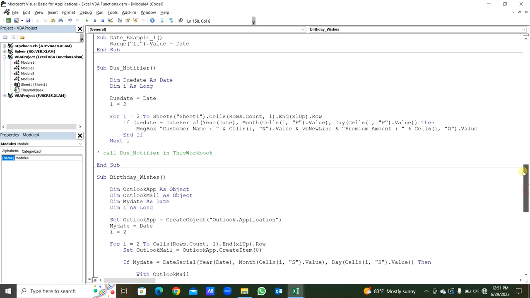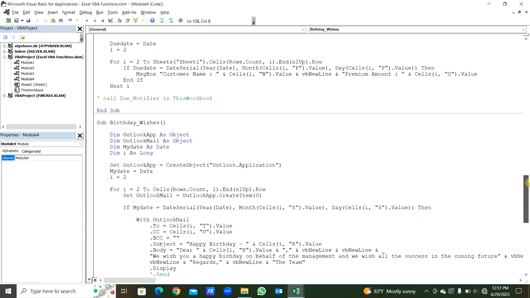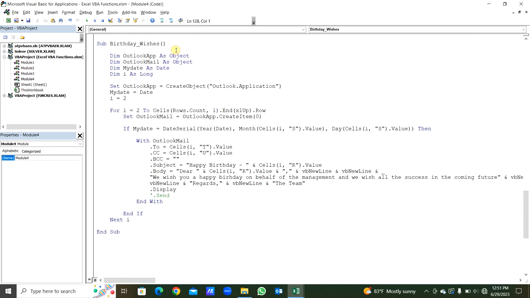Okay, this is the next sub procedure under the Date function, that is for the birthday wishes. So what we are going to do, we are declaring the variables: OutlookApp as Object, OutlookEmail as Object, myDate as Date, i as Long. For a particular birthday date that comes for a particular staff member, automatically when we open this workbook or when we run this procedure, the birthday wish email has to be sent to the particular birthday boy or girl, also copied to the manager. We are setting the Outlook application with CreateObject,